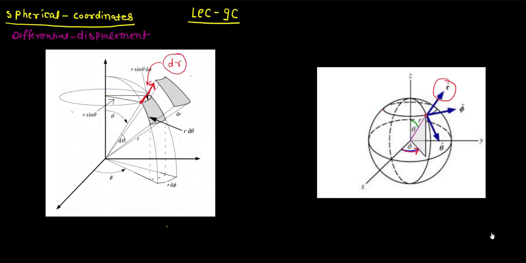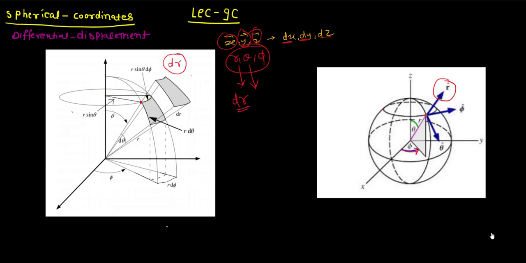So it is similar to when we were moving in the x, y or z direction, where we had the lengths dx, dy, dz. Similarly here we have the parameters r, theta and phi instead of x, y and z in the spherical coordinates. We just want to find these lengths. So in the r direction, we found this length would be dr. Now let's find the length of the element when we are moving in the direction of theta.